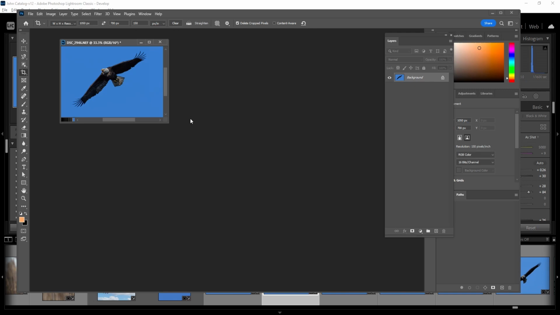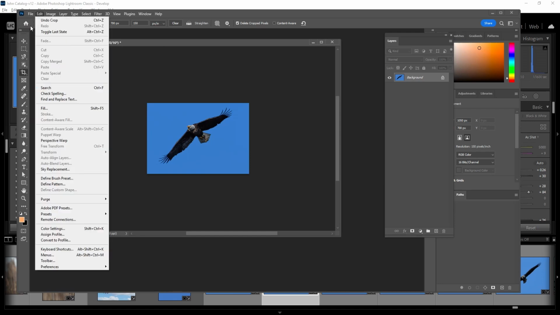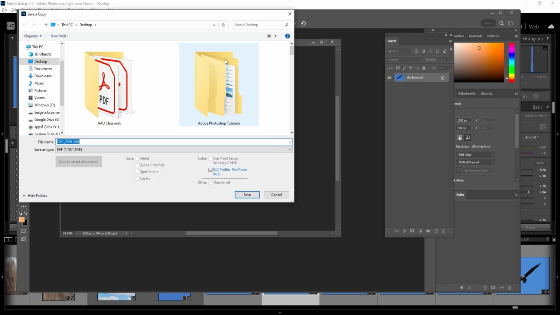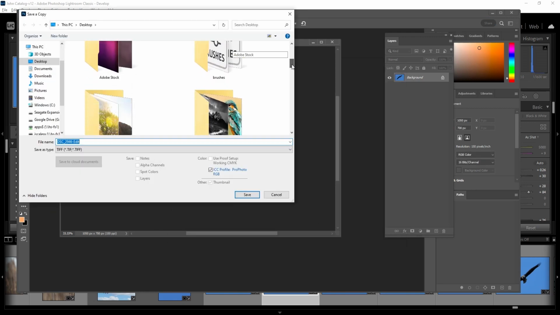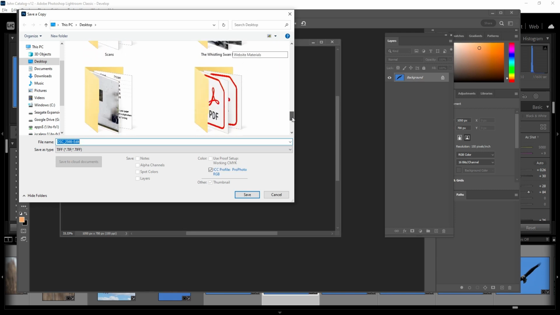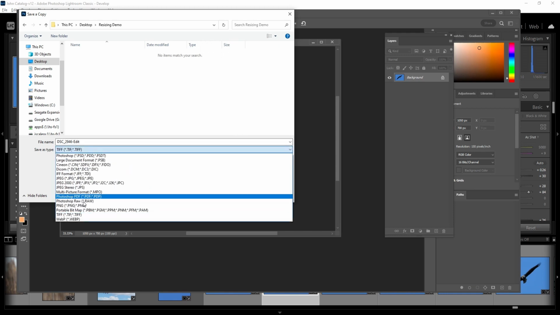If I hit check mark, now if I look at this, okay, this is still a raw file, it's a NEF. What I can do is I can say file save a copy, okay, we're going to say on your computer. I'm going to go to that same folder that I was. We're going to say I think it was called resizing demo, okay, alright,